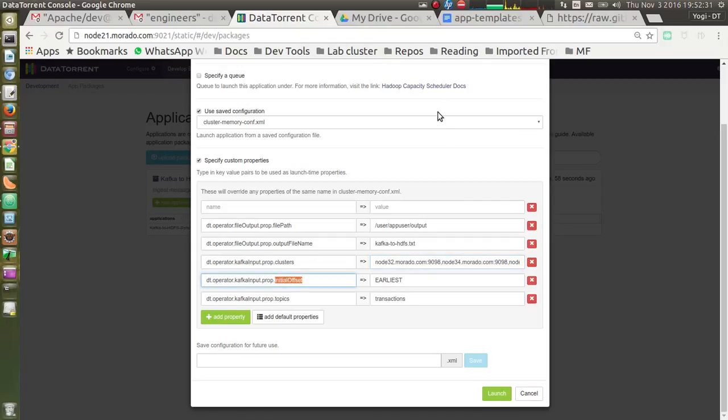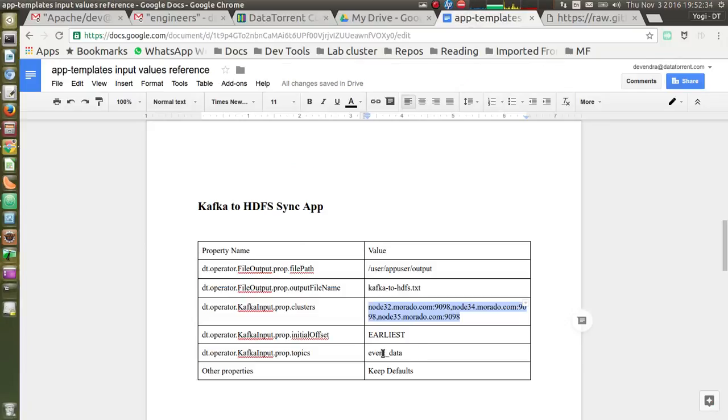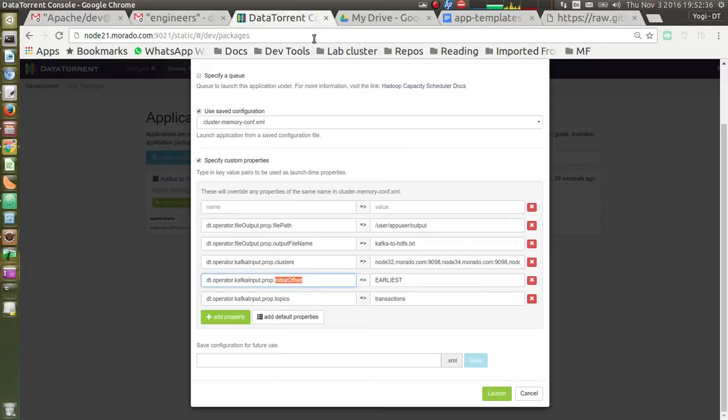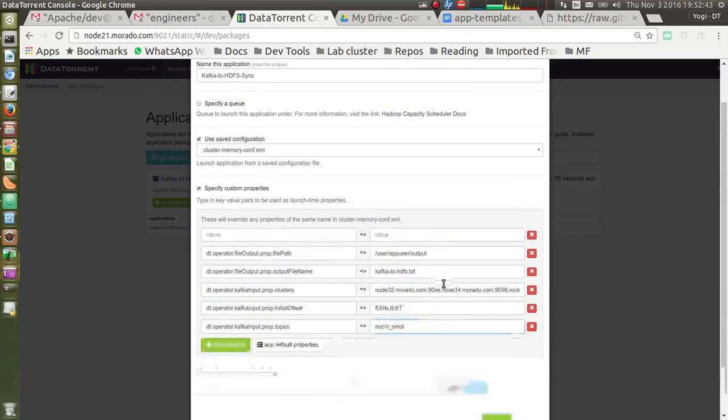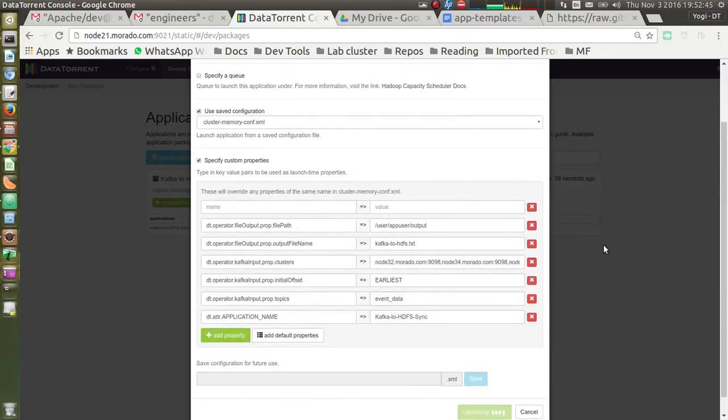Initial offset I am specifying as earliest, and my topic name is event_data. So let's launch this application.